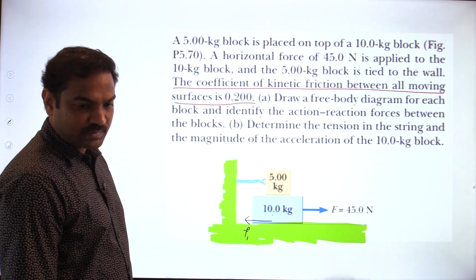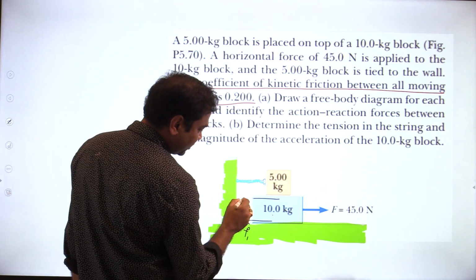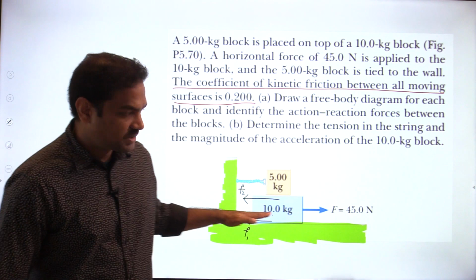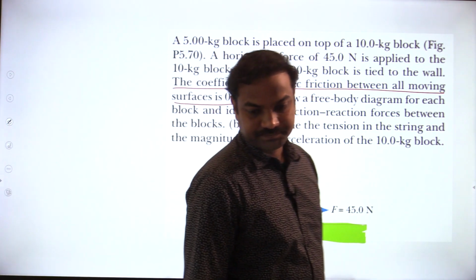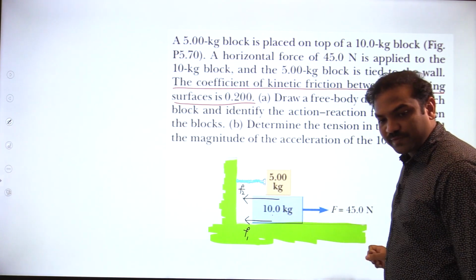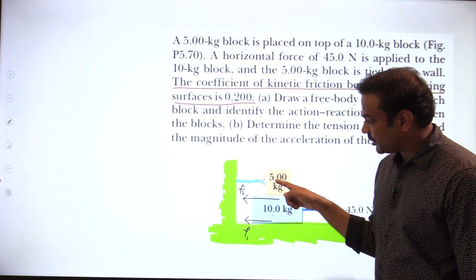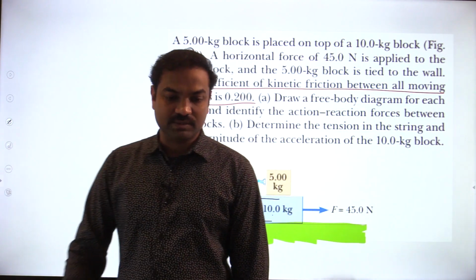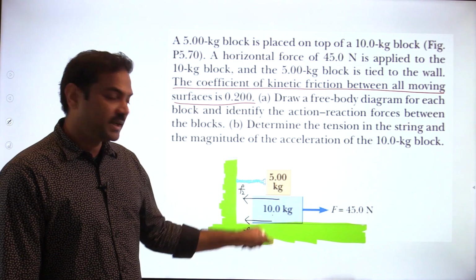Am I right or not? Even the friction between the 5 kg block and the 10 kg block will also apply and will resist, that is F2, because the 10 kg block is being pulled in the forward direction. Okay? So as we are pulling, the 10 kg block is moving forward with respect to the ground, and even with respect to the 5 kg block. Why? Because the 5 kg block is fixed to the wall. The 5 kg block is fixed to the wall. That's why both the frictions will oppose the 10 kg block's motion.